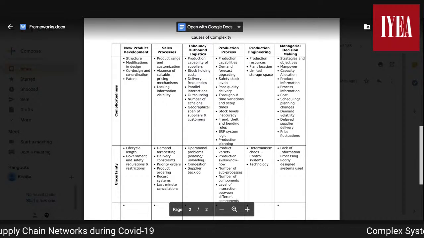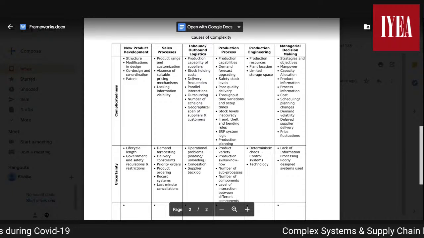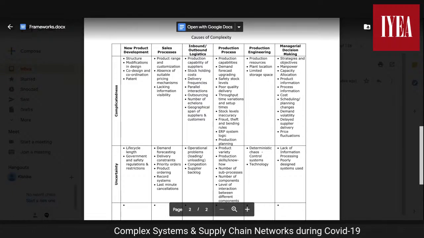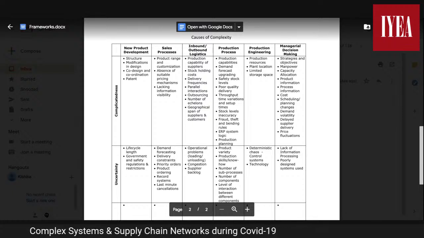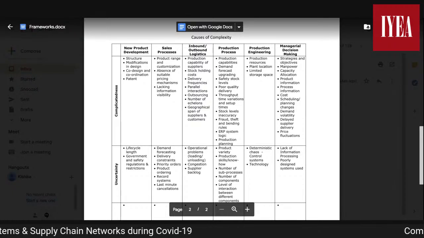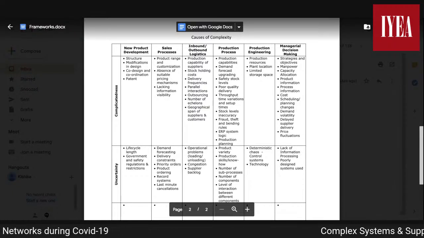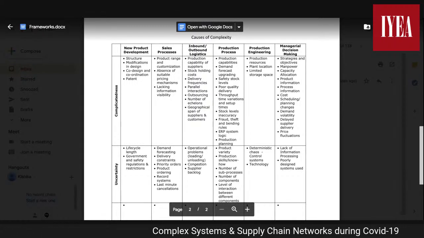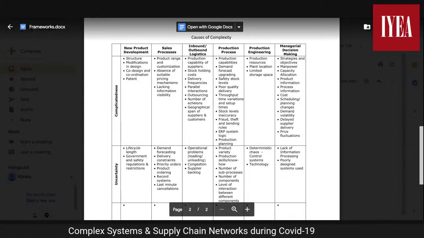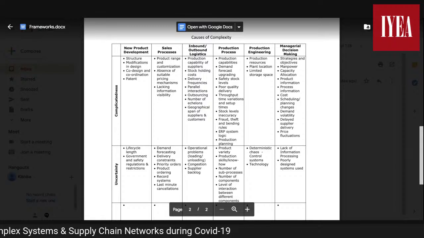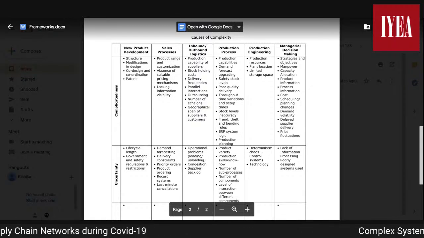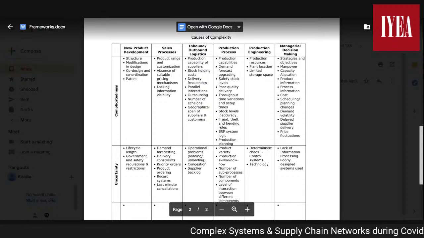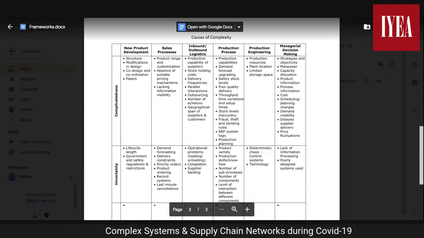And I have to mention here that the more the number of products, the more is the complicatedness, because of course, the more is the number of sub-processes and the raw materials and the sources of raw materials. So more number of products, a product variety leads to greater complicatedness. And of course, new product development, because the structure of it, the new patterns that are being designed for it, the design and co-design coordination of various R&D processes, all of that leads to complicatedness.